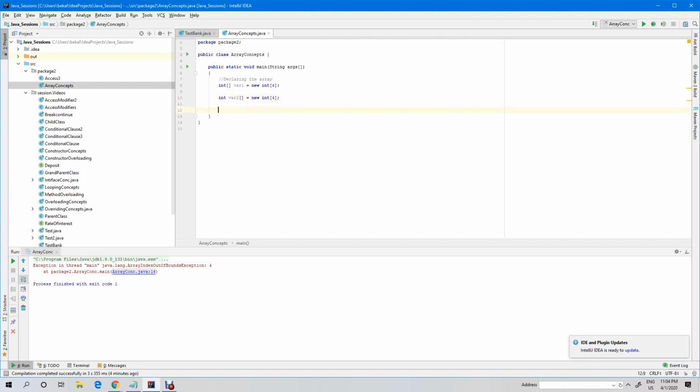So let me save it. How can I add a value to this, right? It comes by index.